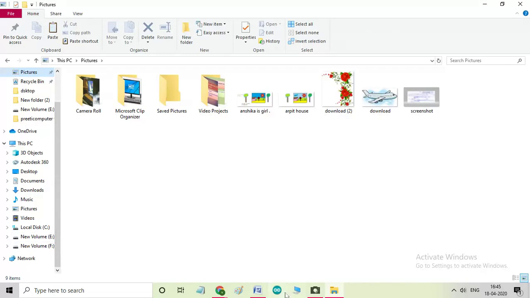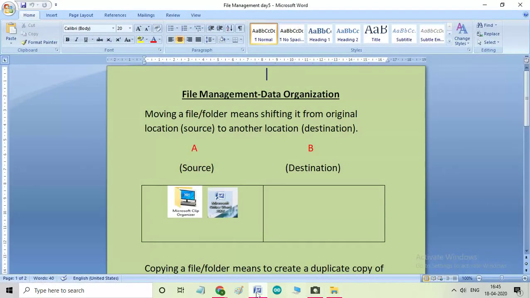Before that, we will see what we understand by moving and copying. Moving a file or folder means shifting it from its original location, the source, to another location, the destination.